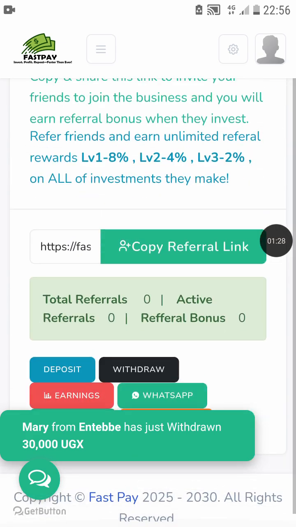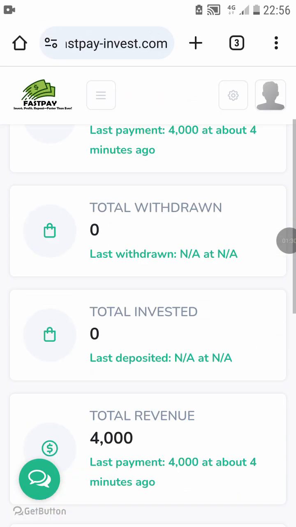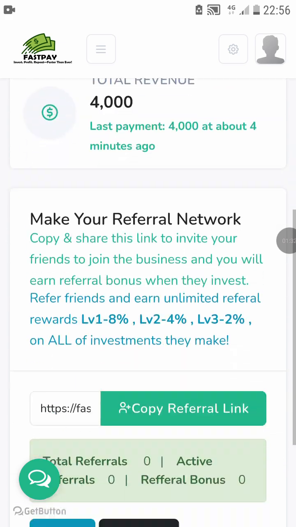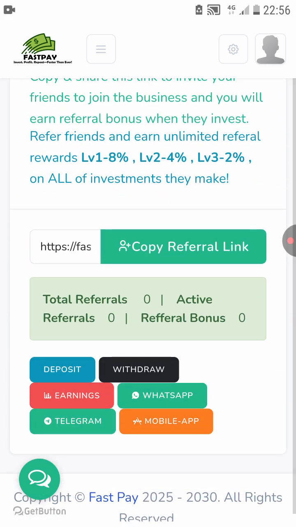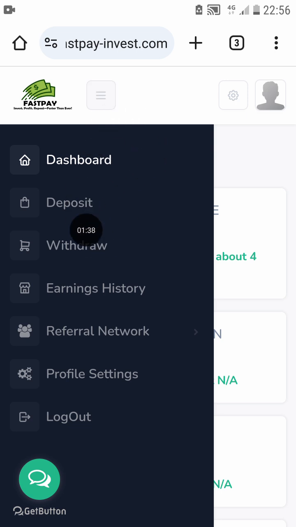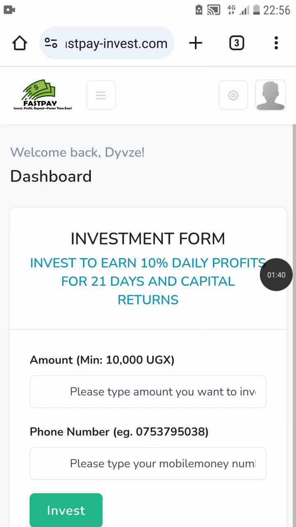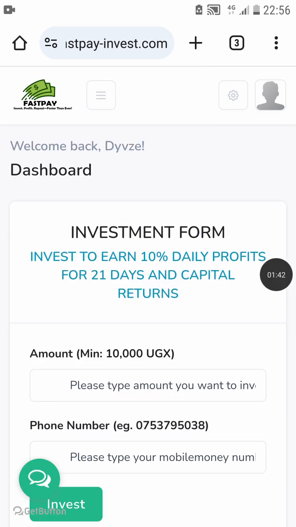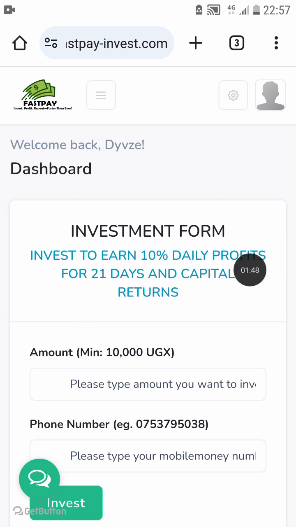How to invest here is simple, but first of all you need to know about this website. When I click the 3 bars in the corner and click deposit, you can see that if you invest, you earn 10% daily for 21 days and your capital is returned, and the minimum deposit here is 10,000. So you can deposit